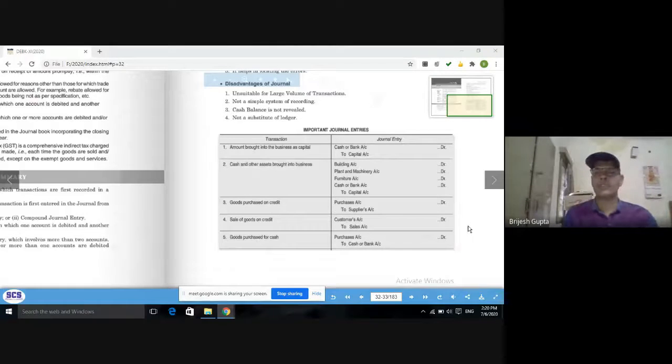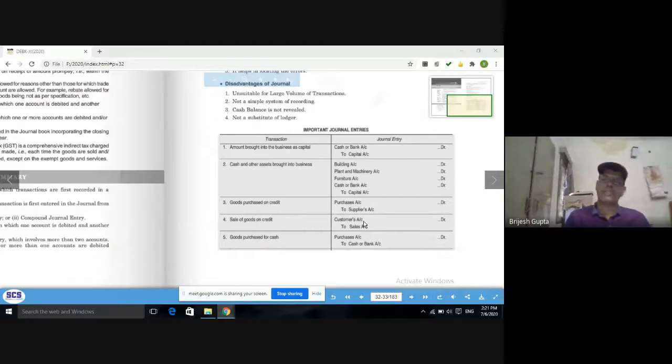So goods can be purchased on credit basis. When we purchase goods on credit, what is the entry? Purchase account debit. So all of you make it clear. Whenever we purchase goods, one account is sure. As soon as you get the transaction of goods purchase, one account is sure. What is that account? That is the purchase account. That will be debited, whether goods are purchased on cash or on credit. In both conditions, the purchase account will be debited. Now the only question is which account should be credited. That you have to see.